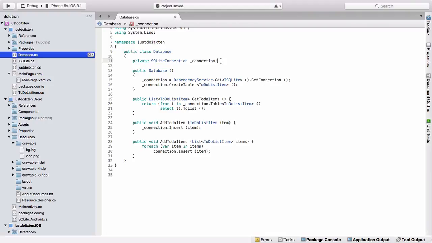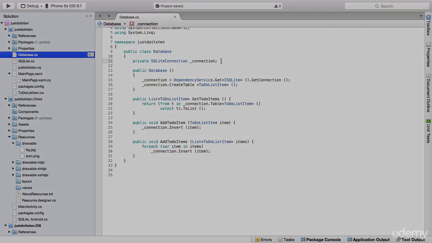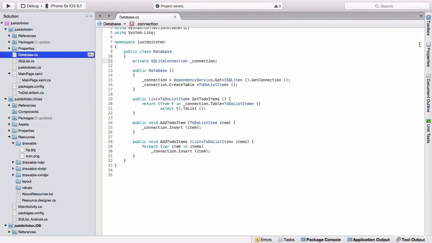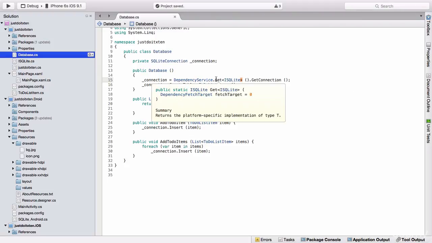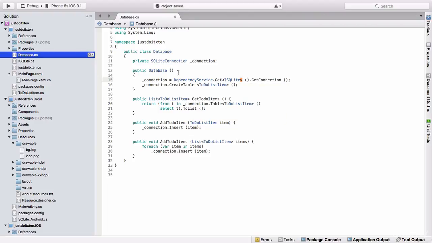In the next lecture, because we've now created everything, we're actually going to insert some default values into our database, and then we're going to show those default values inside our list view. We have a database, we have a model for our to-do list item, and now we need to connect those to the actual list view in our app. To do that, let's open up our main